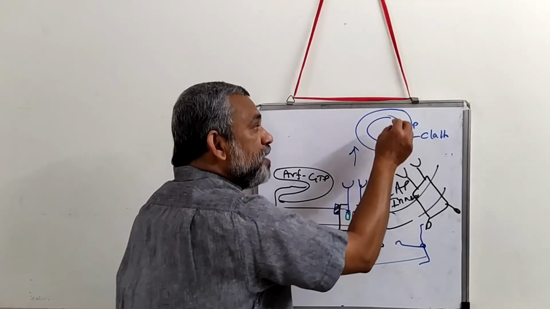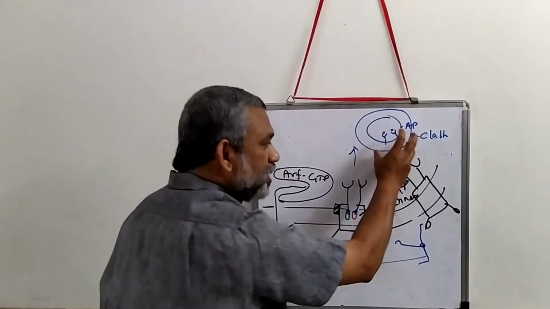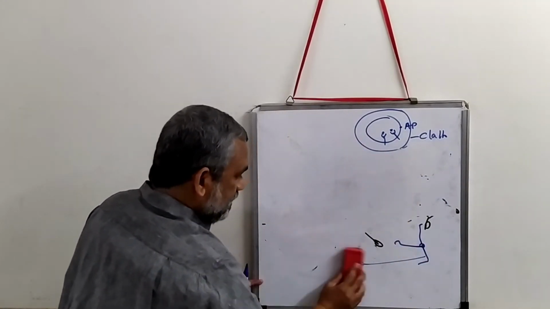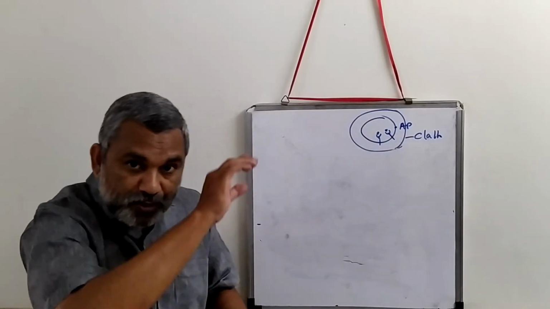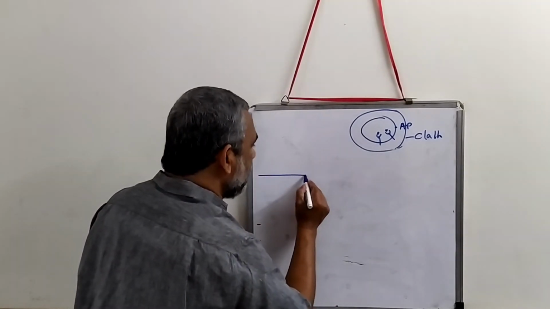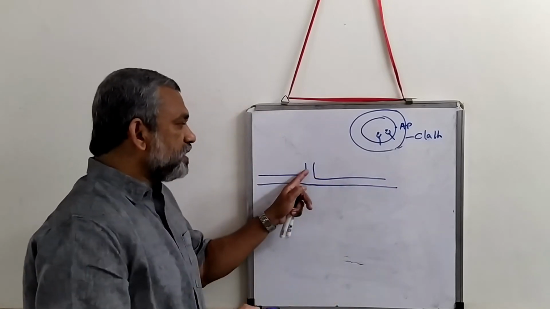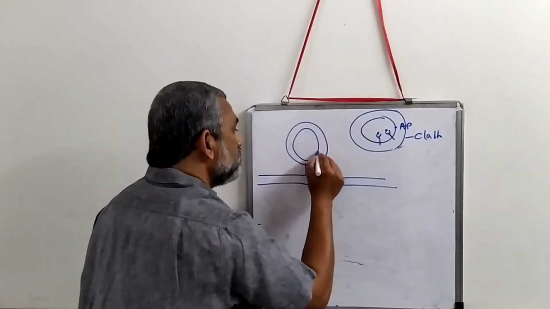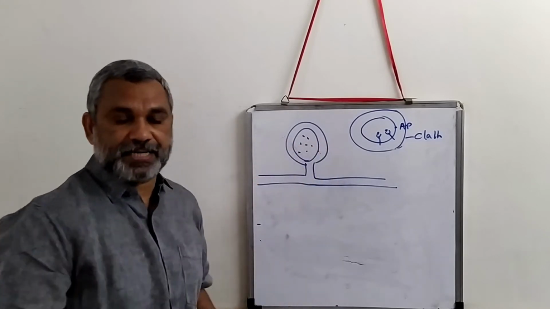Once it forms different shapes with the cargo attached, so that structure is formed. Now that structure is not exactly getting separated. I have drawn only in order to explain the mechanism. What happens is, if you consider this is the membrane, this is how the clathrin coated vesicle is forming. So this is the inner membrane, outer membrane, it is forming, and this is with the cargo inside.